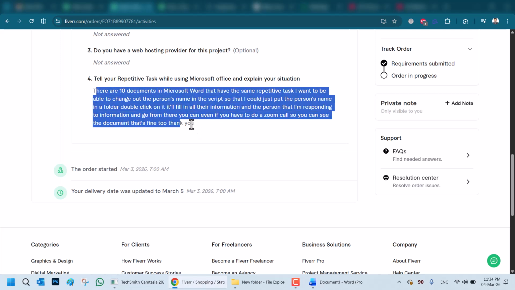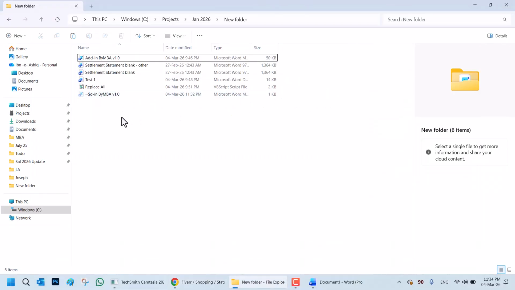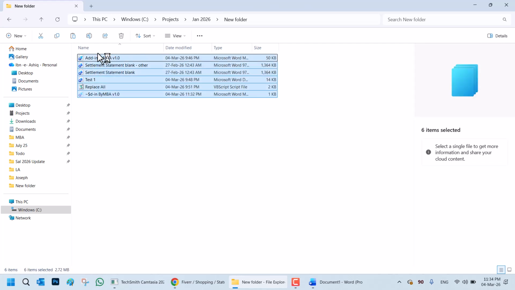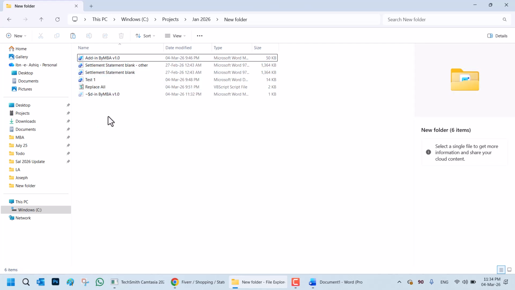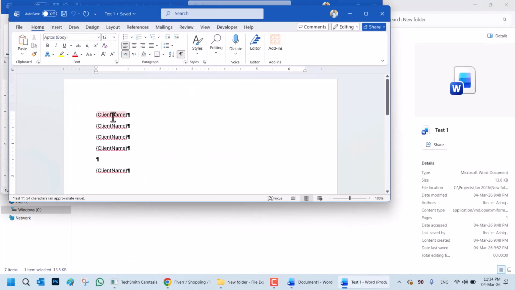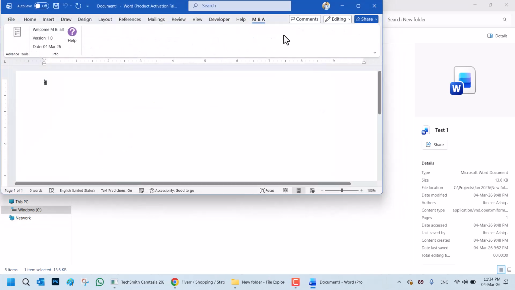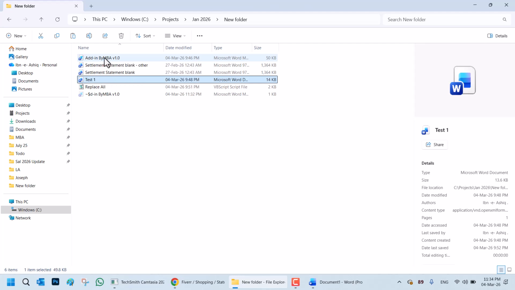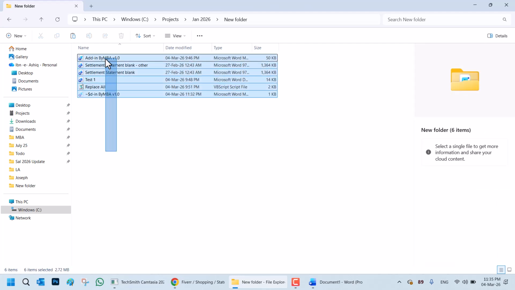Based on your message, I have developed two possible options for you, in which one of them is that you can place all of your documents within that folder. It doesn't matter if it is 10 or more. One of your documents may contain the client name all over the place. It doesn't matter, but it should be within the specific placeholder type so that it can be found and can be replaced. What you need to do is just place this macro file within that folder.